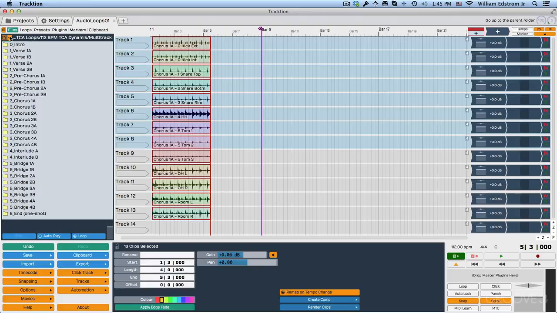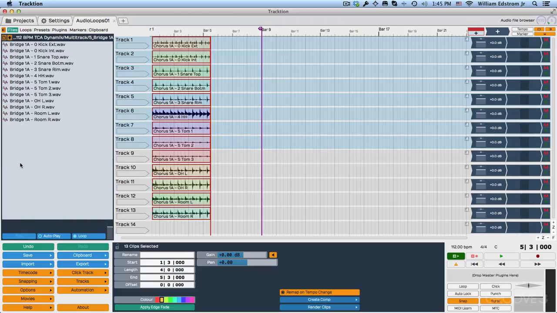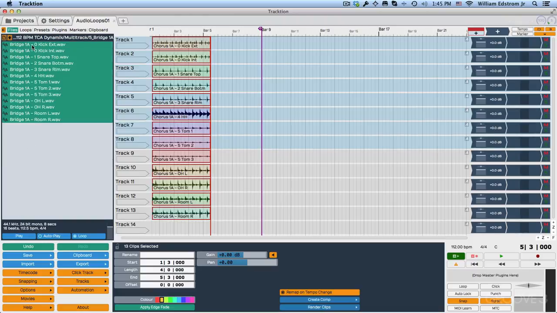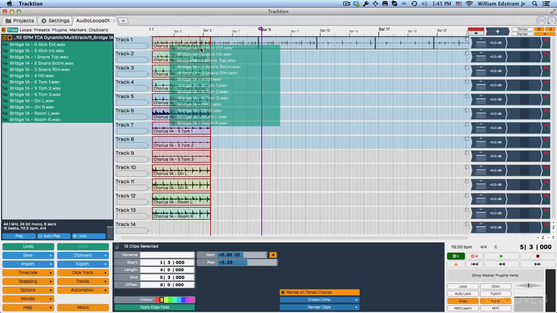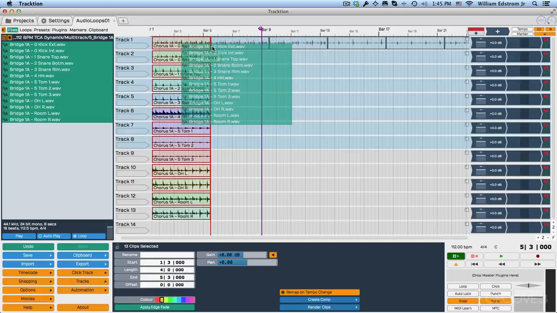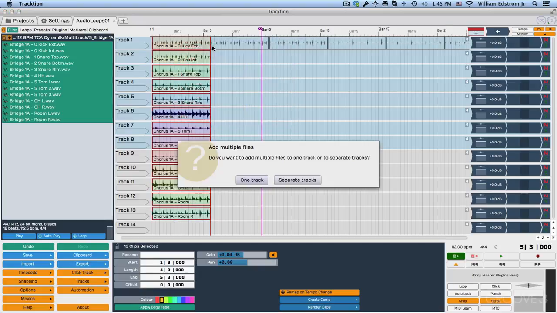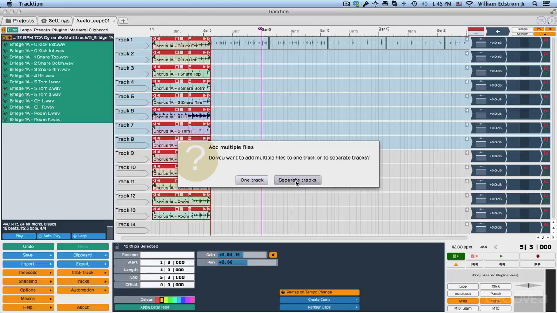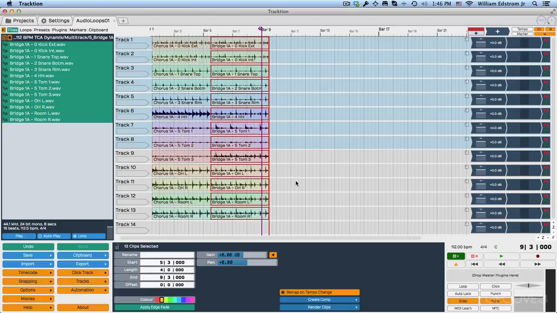If I go up and grab, that was the chorus, if I go up and grab, say, a bridge, then I can do the same thing. I can quickly construct a multi-track song. I want to position this right here, hold down Command as I let go, and then put these on separate tracks. There's a lot more you can do with loops and loop libraries in Traction, but that's an introduction to